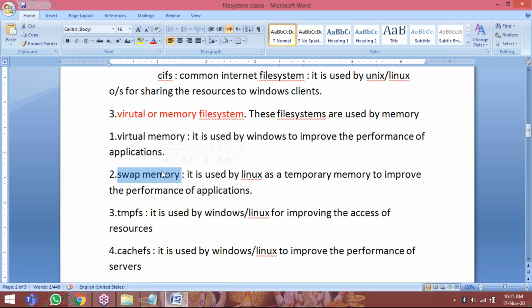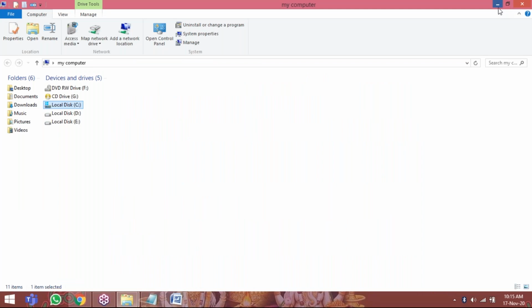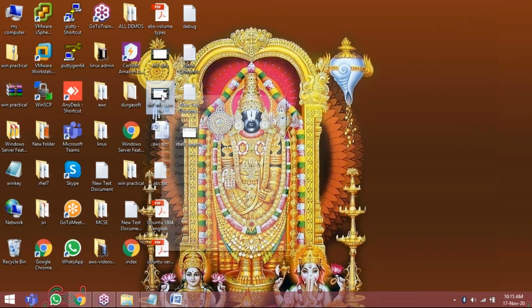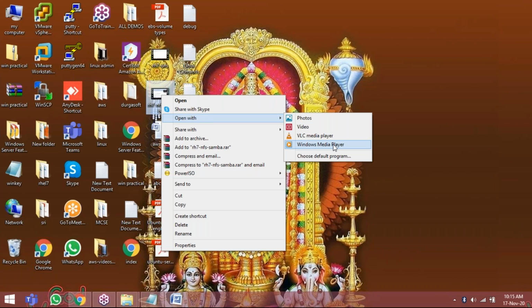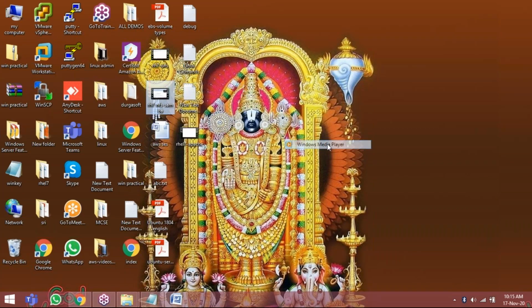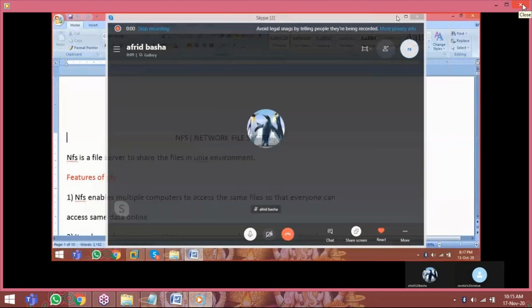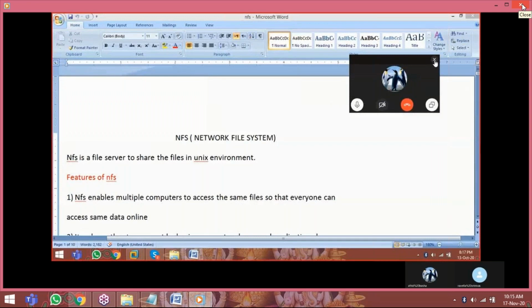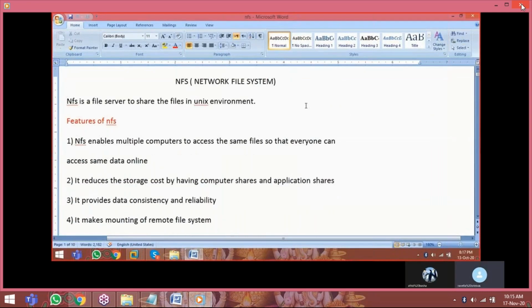Next, TempFS. It is used by Windows or Linux for improving the access of resources. For example, when I open a video, say I am opening some video in Windows Media Player, and this video is playing, whenever this video is playing, the background temporary file systems will work.